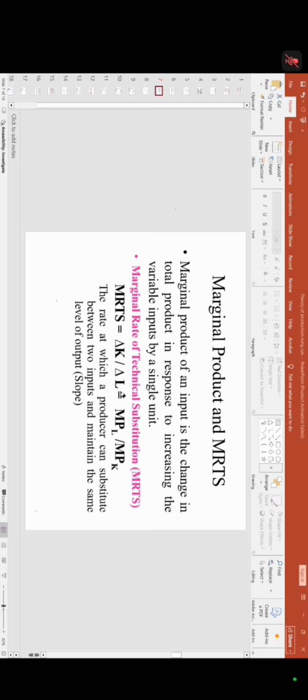Then you are going to decrease your capital, but when you are calculating this answer, if it is obtained like 0.25,